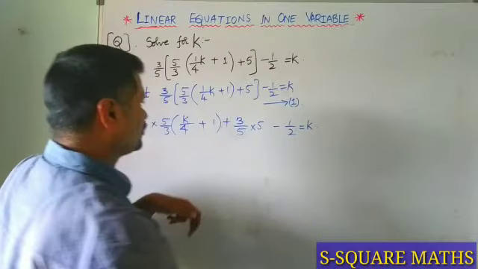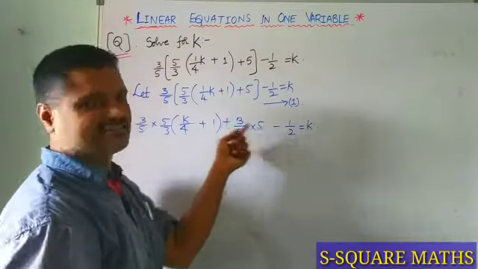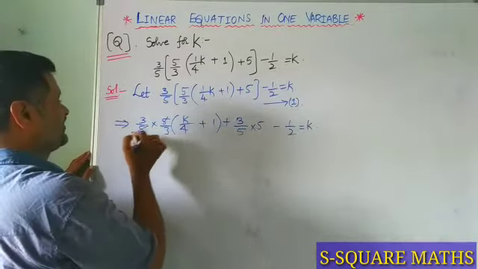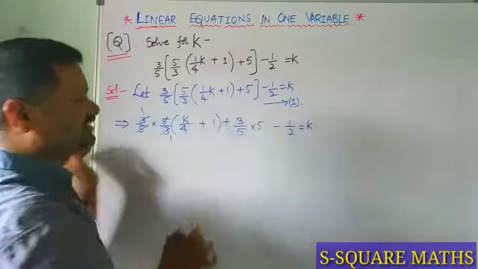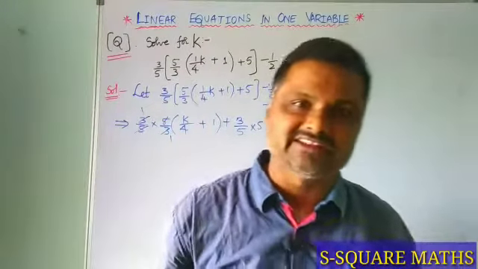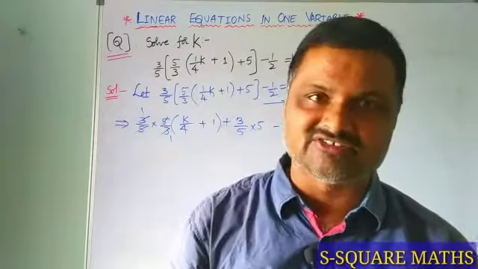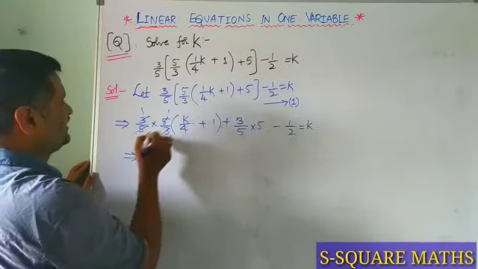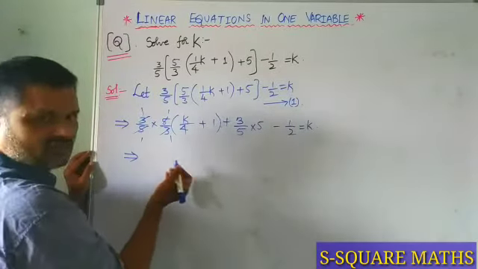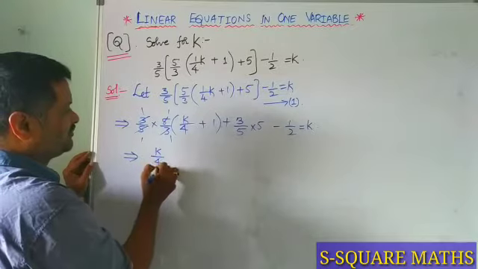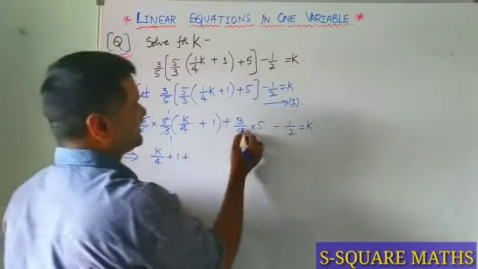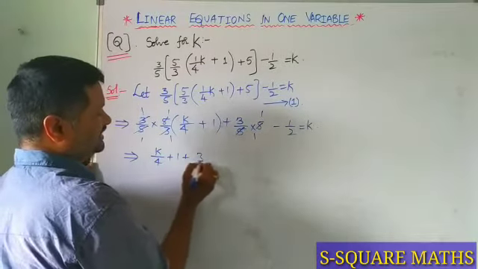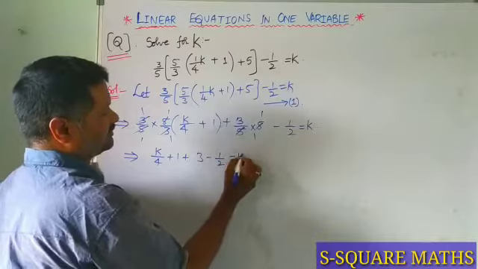So don't multiply 3 by 5 for 1 by 2, because 3 by 5 is meant only for our square bracket. So here the operation is multiplication, 5 ones are 5, 3 ones are 3. Or the reciprocal of 3 by 5 is 5 by 3. Reciprocal is also said to be multiplicative inverse. So in both ways you can go through it. So finally 1 into 1 is 1. So 1 into (k by 4 plus 1) plus 5 minus 1 by 2 is equal to k. So k by 4 plus 1 plus 3 minus 1 by 2 is equal to k.